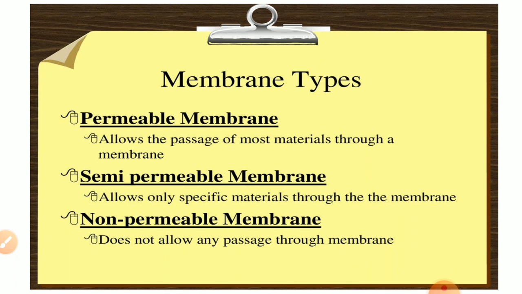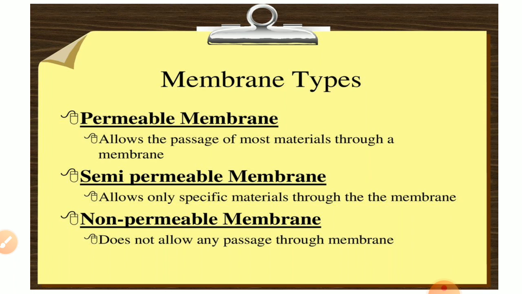On your screen, three are mentioned. The fourth one is selective permeability, which was already covered in the plasma membrane. Now, membrane types. Types means: will the membrane allow all types of molecules to move across it, or will it stop some of the molecules, or will it be selective in nature, only allowing the selected particles and some ions which are required for the cell, or will it allow all types of molecules?